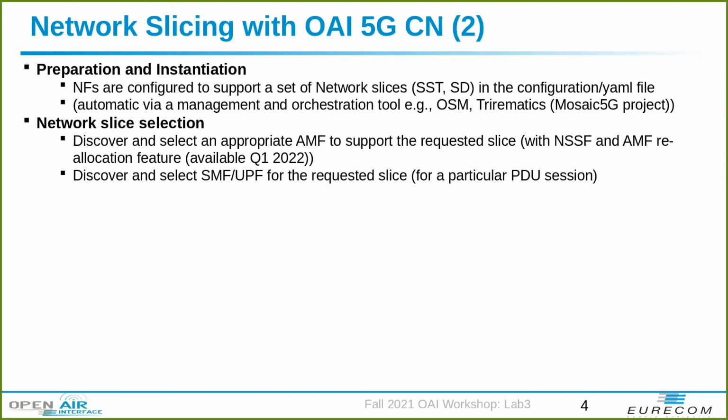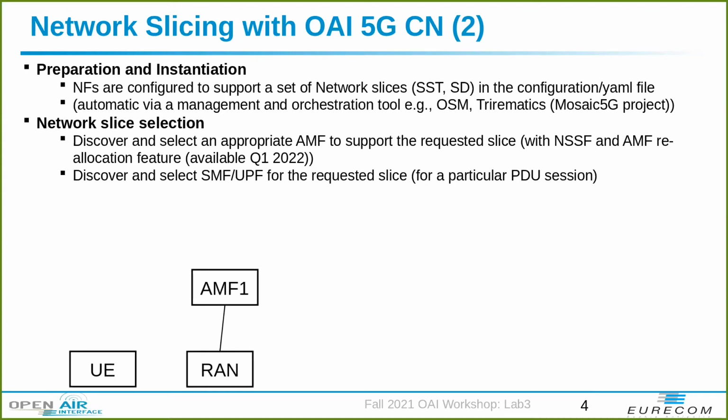Then when the UE attaches to the network, based on the policy of the UE, it provides the list of requested network slice information to the AMF via the registration request. If the AMF cannot serve this UE with the requested slice, the AMF reallocation procedure will be executed to find a suitable AMF. You can see here AMF2, for example, and then let this AMF handle the UE via the interaction with the NSSF and